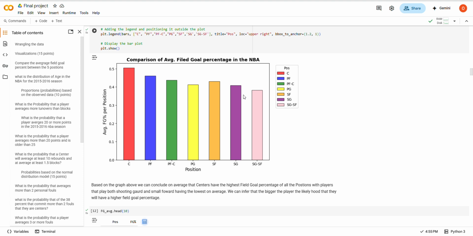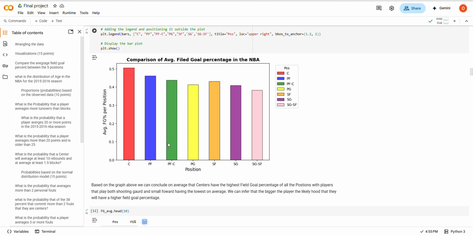So you will see sometimes a shooting guard that will sometimes play small forward, and this data set actually does take into account those players, which is why you'll see more than five bars. You'll have seven right here, right? So it has the shooting guard, the small forward combos, the power forward, the center combos,